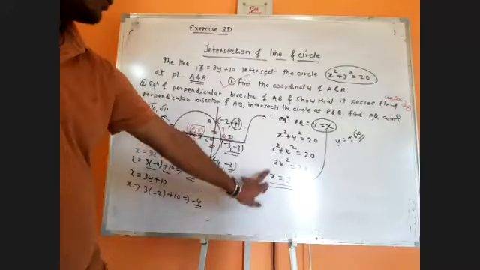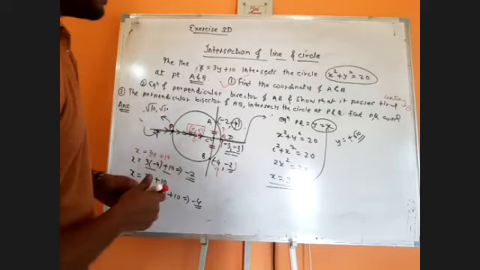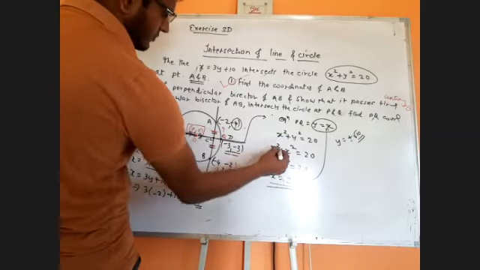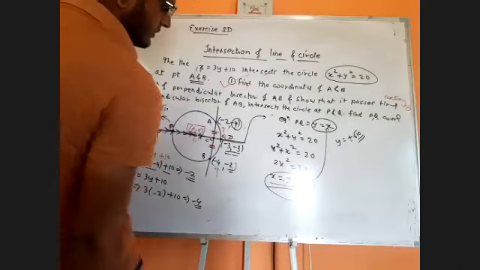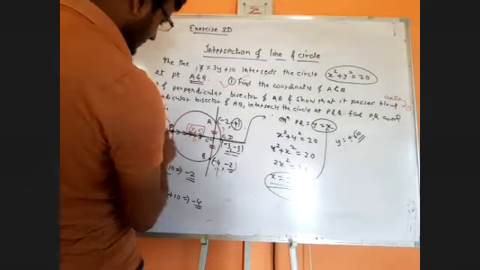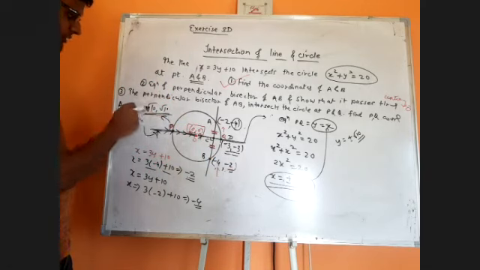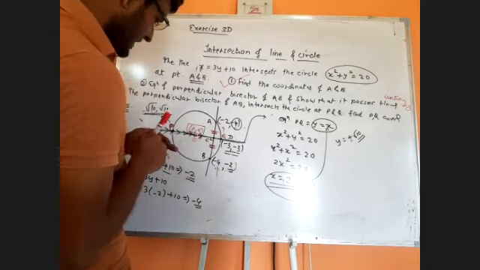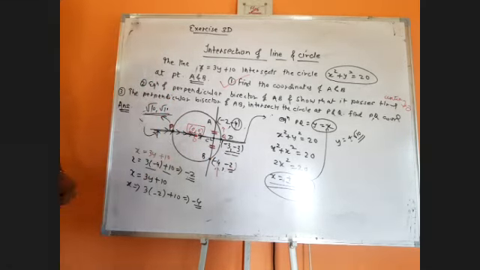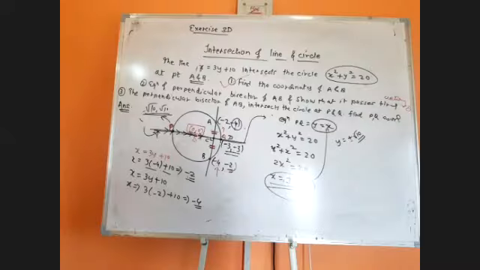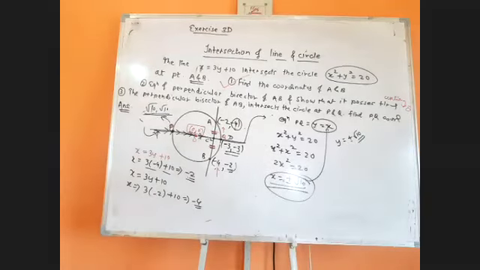Did you get what I did? I just solved the equation of line and equation of circle simultaneously, and I got 2 points. Plus root 10 is this point, and minus and plus root 10 is the y coordinate. Similarly, the Q coordinate. That completes your question 3. Just copy this last part, and then you will be done.